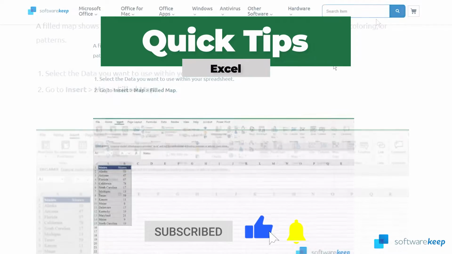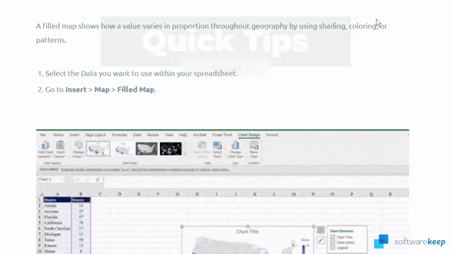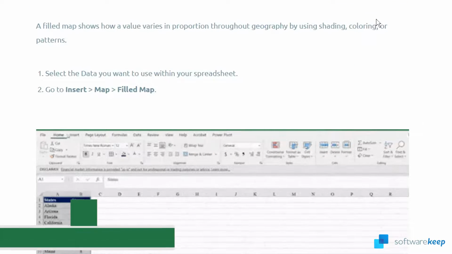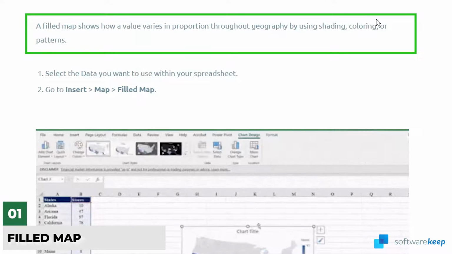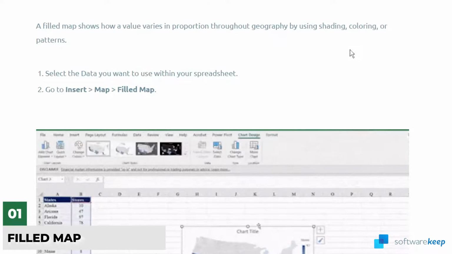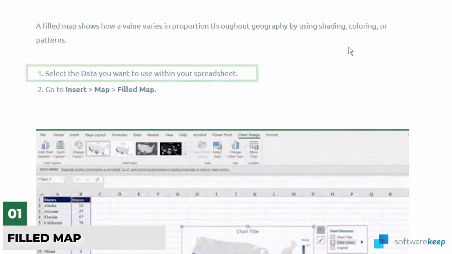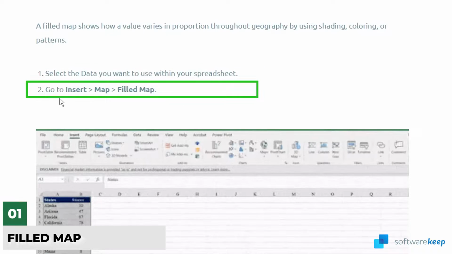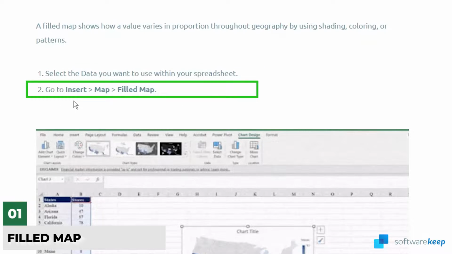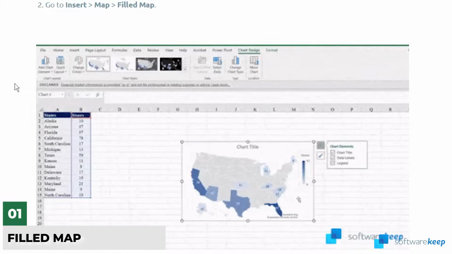Hey everyone, in today's quick tips, I'm going to show you how to use the option called field map in Excel. A field map shows how a value varies in proportion throughout geography by using shading, coloring, or patterns. To add a field map into your spreadsheet, you have to select the data you want to use within your spreadsheet and then go to the Insert tab and select Map and then Field Map, as it shows here in this